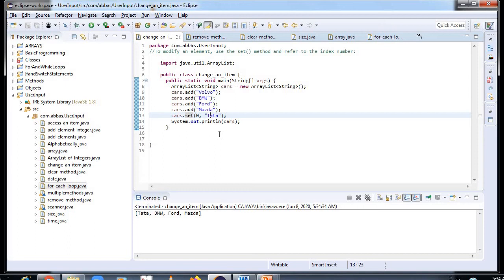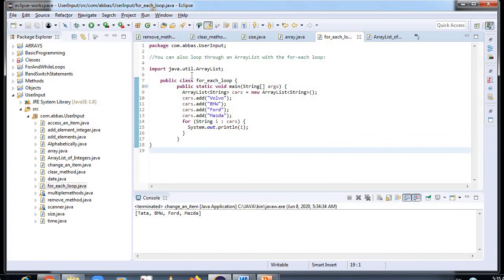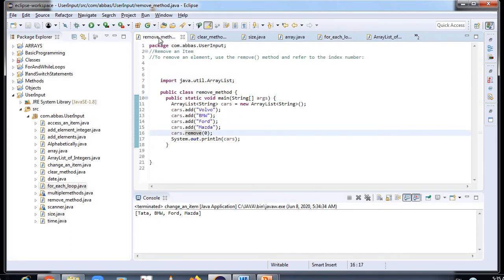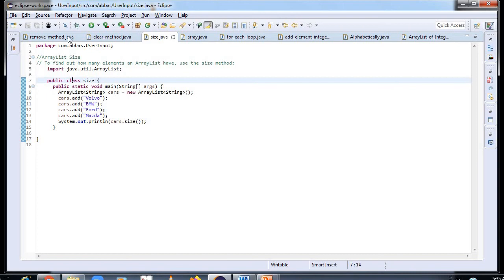Now after changing, the next thing that we have to learn is the remove method. So I'm just closing this. Here is the remove method.